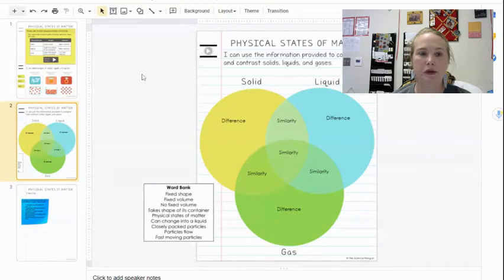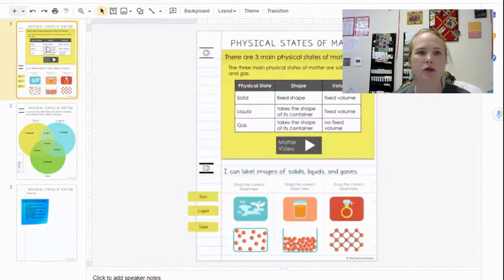Minute to go over how to work your way through the digital journal. This is something I haven't done so far this year, so I just want to introduce it to you and make sure that you understand what you're doing. Okay, so you'll open it up in Google Classroom just like you've done with all your other assignments, and this